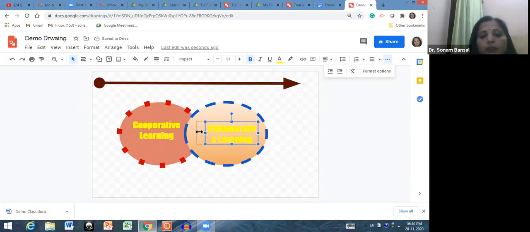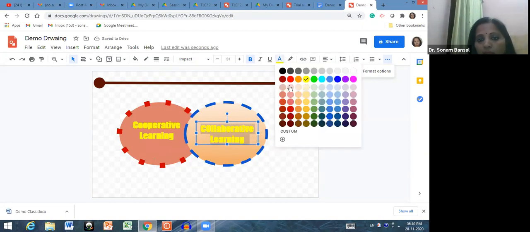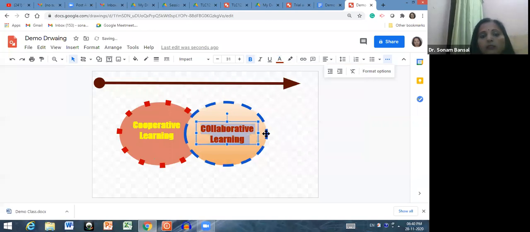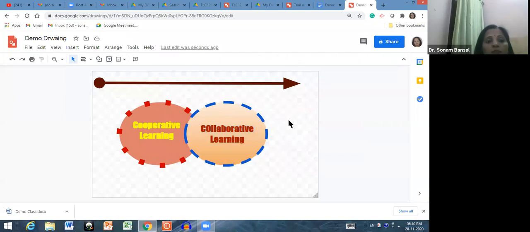And if you want to change this text color, then choose this text and change the color, right? So this is how you can do that.